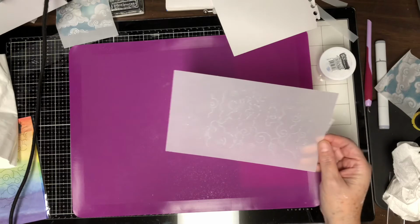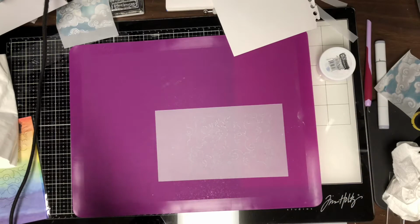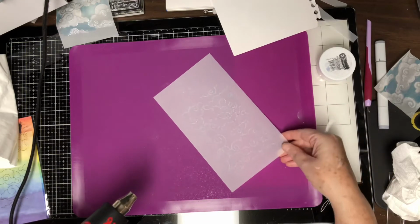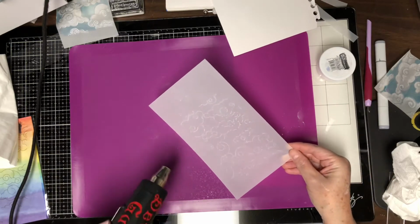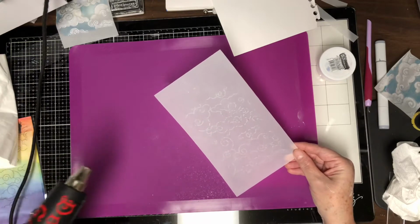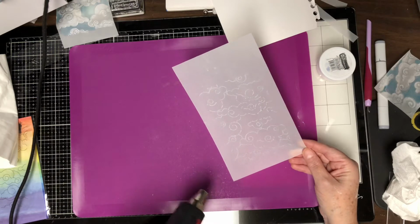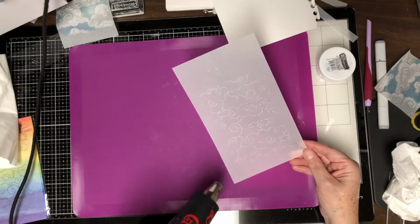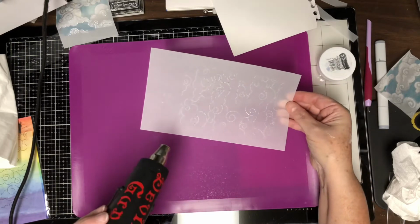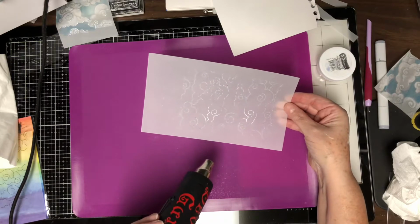So now I'm going to heat up my heat gun, and you want to get it to the point where it's hot before you get to the vellum, because you can warp vellum. Now, Brutus Monroe's vellum is heat safe, so you should be okay with it, but you still want to be precautious and heat up your heat gun first. And you also want to move your heat gun and your vellum around while you're melting the